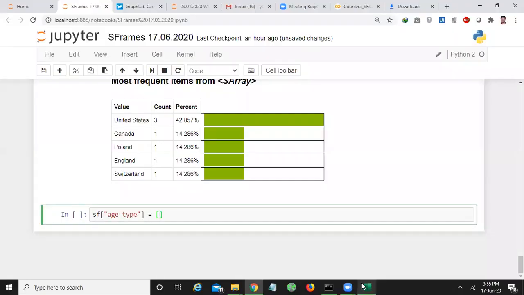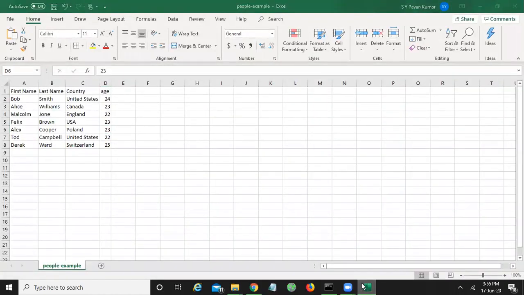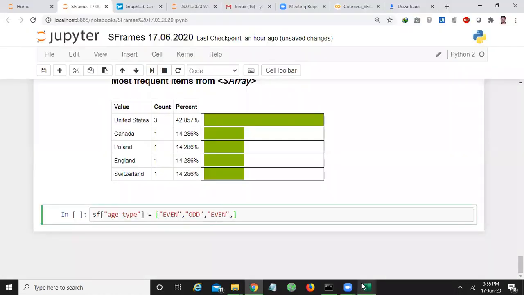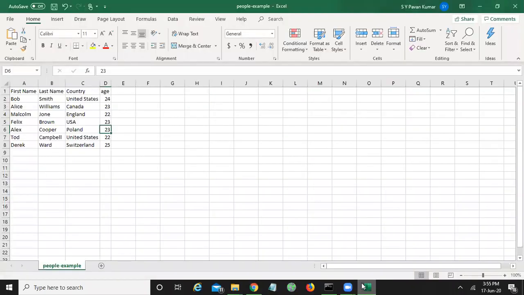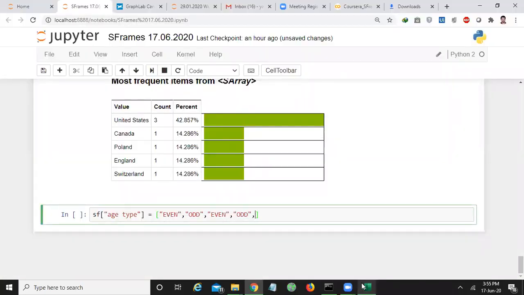So for example, 24 is even, and 23 is odd. Similarly, even, odd, even, odd, odd, even, odd.